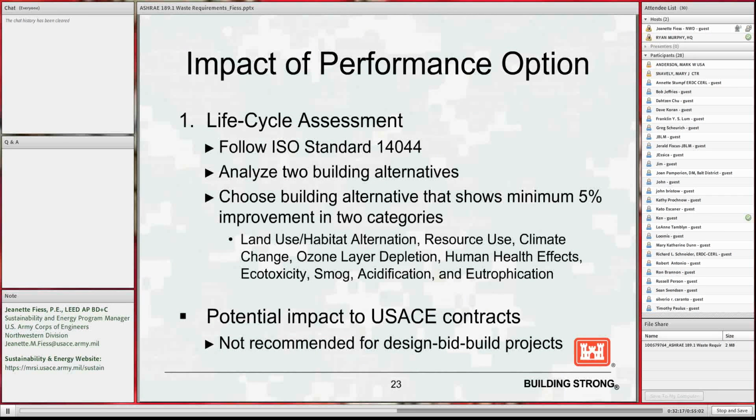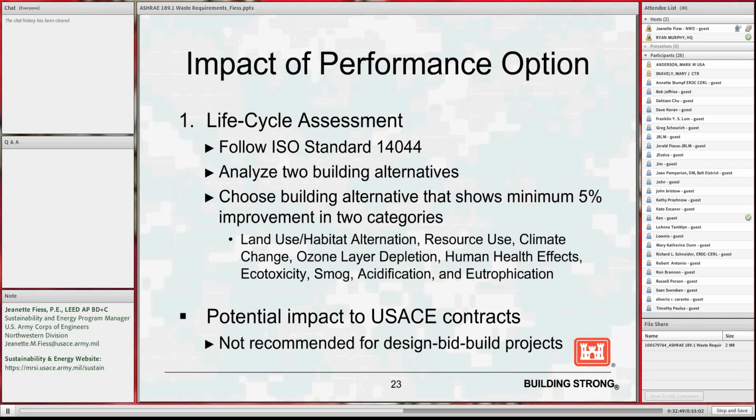So why do I say most projects aren't going to pursue this? Fundamentally, a lot of us don't have a lot of experience in doing it. The recycled content requirement is one that I see many of our projects being able to comply with pretty quickly. And so when we look at trying to comply within the limits of the budgets that we have and the abilities that we have to do these analyses right now, likely to me that is the one that we will pursue on our projects. If people are interested in pursuing that life cycle assessment, that's definitely something to look at and consider,